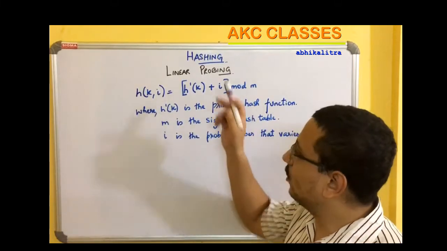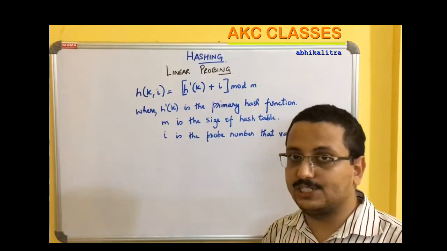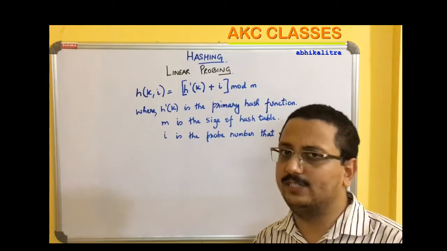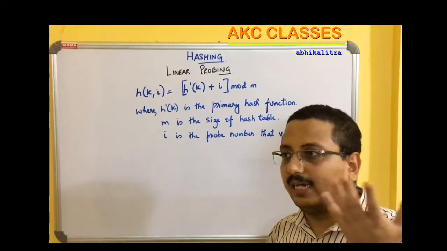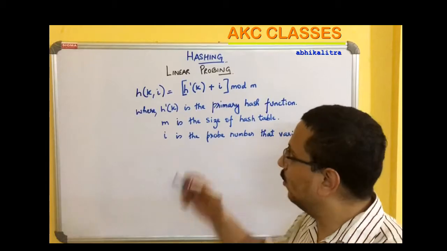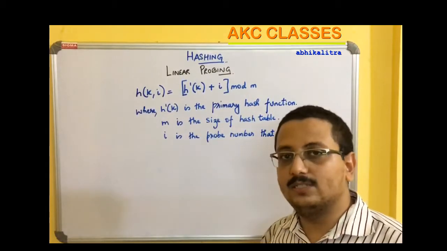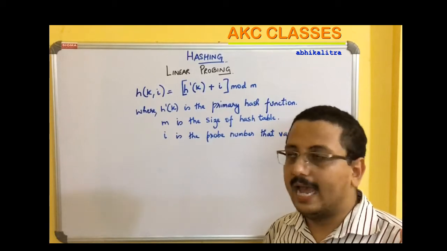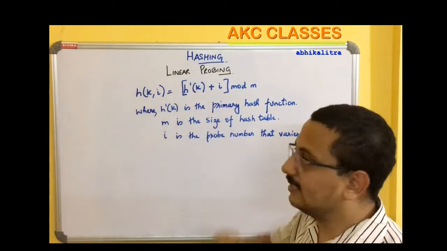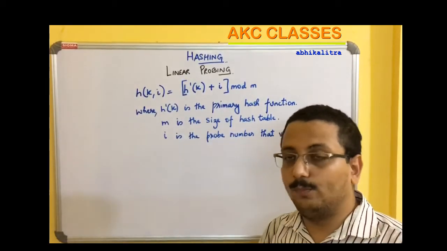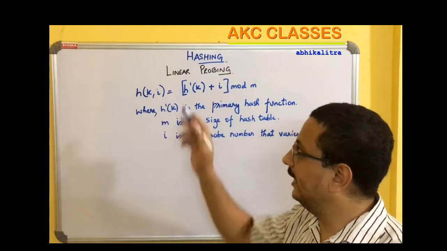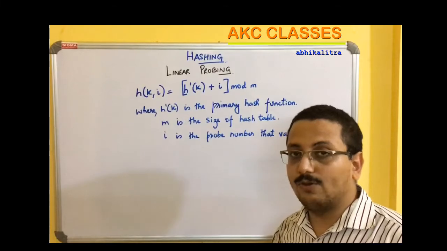Since we are dealing with the topic hashing, where there is a hash table, and hash table is what? It is a kind of array data structure. Array is what? It is a kind of contiguous memory location. That means over here, the probing term means examining memory locations in the hash table. That's it. And how is it done? It is done sequentially. So the probing of every memory location is done sequentially in case of linear probing.